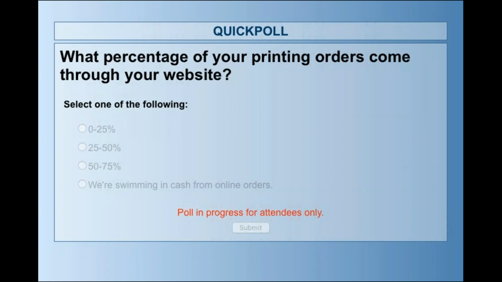We'll give everybody another 10 or 15 seconds to answer that one, and then Dave will go ahead and close out that poll. And we certainly don't mind helping you all move towards that swimming in cash part. That really is where we want you to be with Odyssey. That's the very first slide that started it. We help you sell more printing. That phrase drives everything we do, and it's certainly true with the MIS part as well. Absolutely.